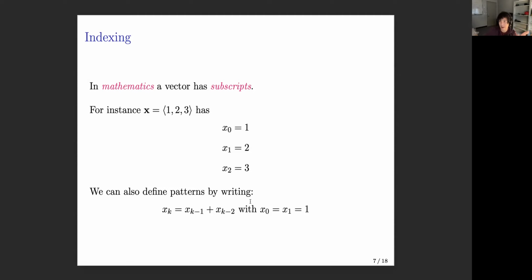We can also define patterns, right? So remember that Fibonacci sequence, which I said is a sequence of numbers where every next number is the sum of the previous two numbers. We can write it like this, right? So here's xk. It's equal to the sum of the two previous things in the sequence where the first two numbers are 1. So the only thing that you have to be aware of is that, so there are two